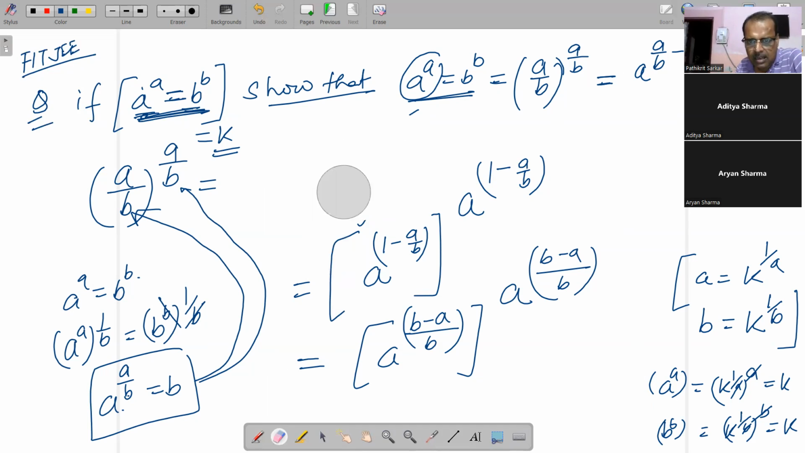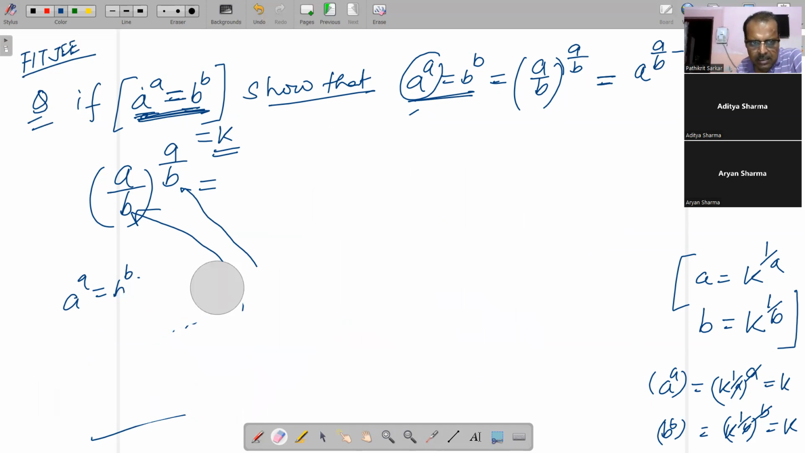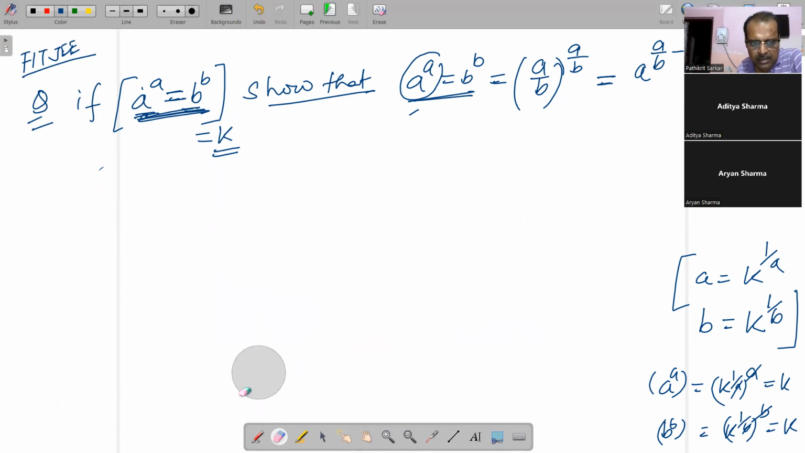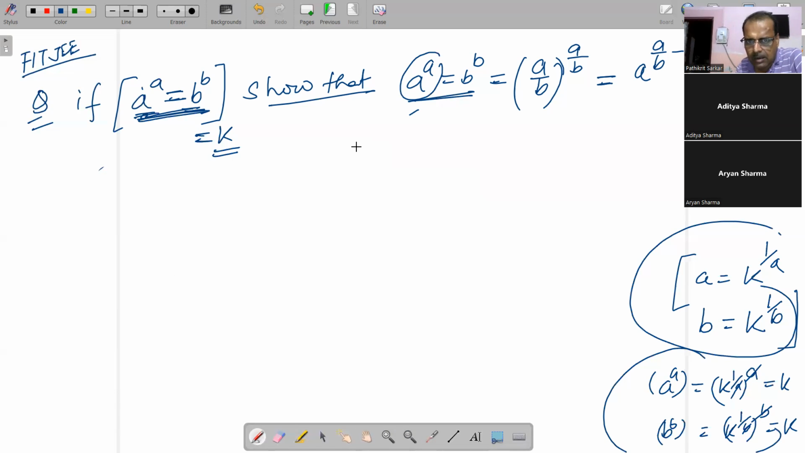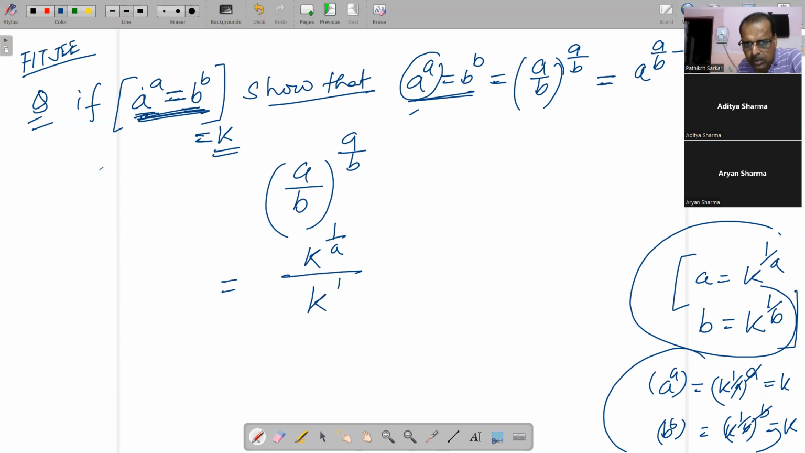देखिए सर, हम कैसे करते हैं, ये हमको दिया गया है, सो ये ऑलरेडी हमने निकाल चुका है। अभी हम (a/b) whole to the power (a/b) का वैल्यू क्या है वो हम देखने की कोशिश करेंगे। सर, a का वैल्यू क्या है? a का वैल्यू है k to the power 1 by a। b का वैल्यू क्या है? b का वैल्यू है k to the power 1 by b, ये है।